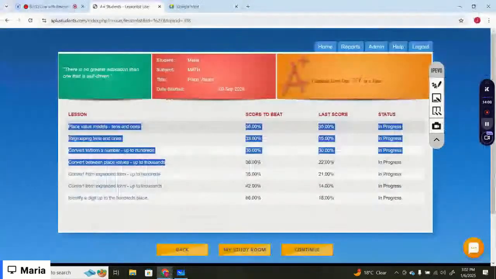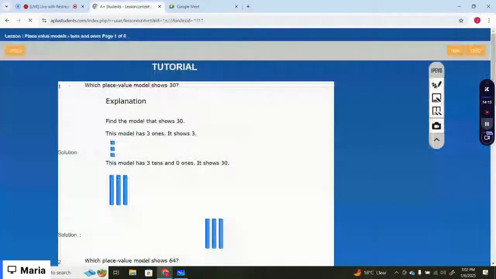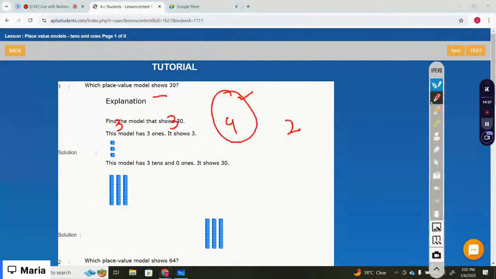Here I am on grade 2 math. The chapter we are on right now is place values. Let's just start with the first lesson, that is place value models, tens and ones. Which place value model shows 30? So you have to see which model represents the 30. You have to understand the tens and ones. The first thing is